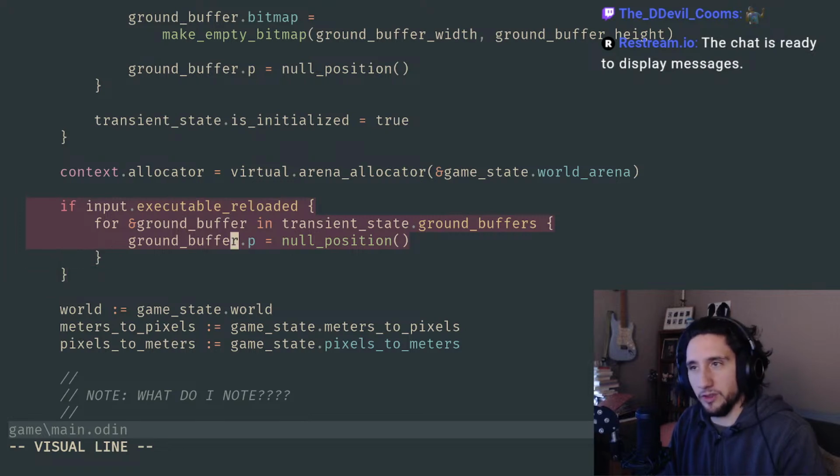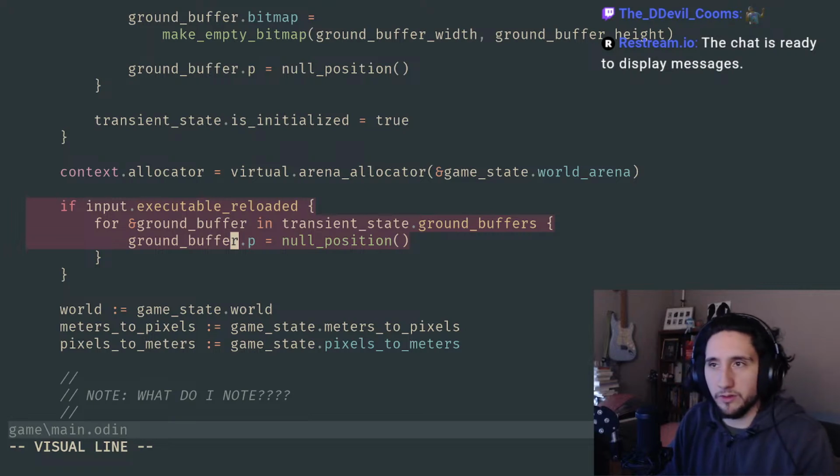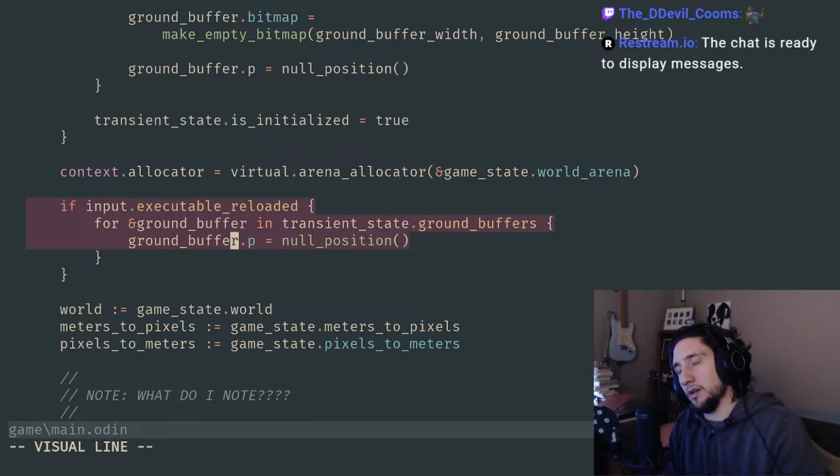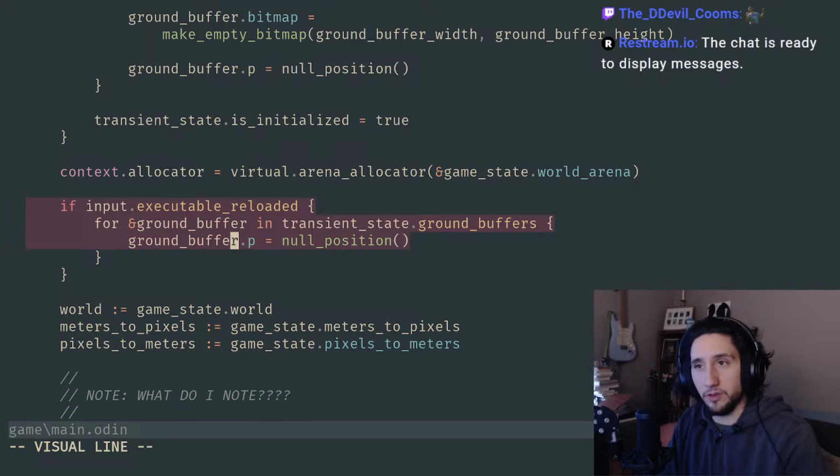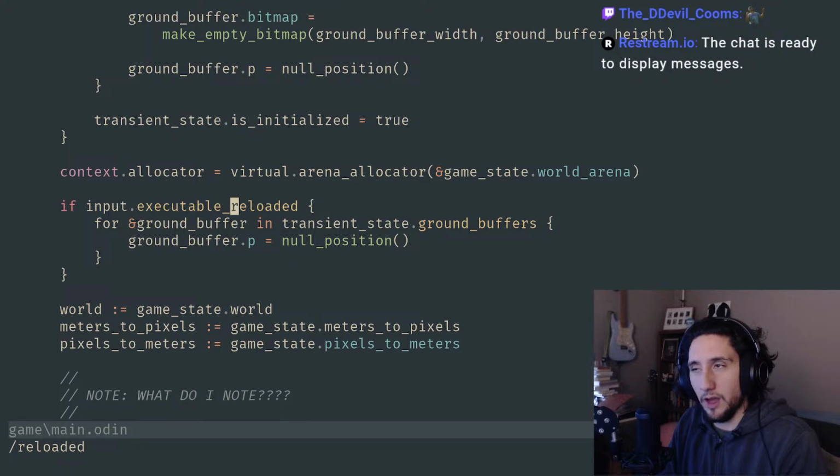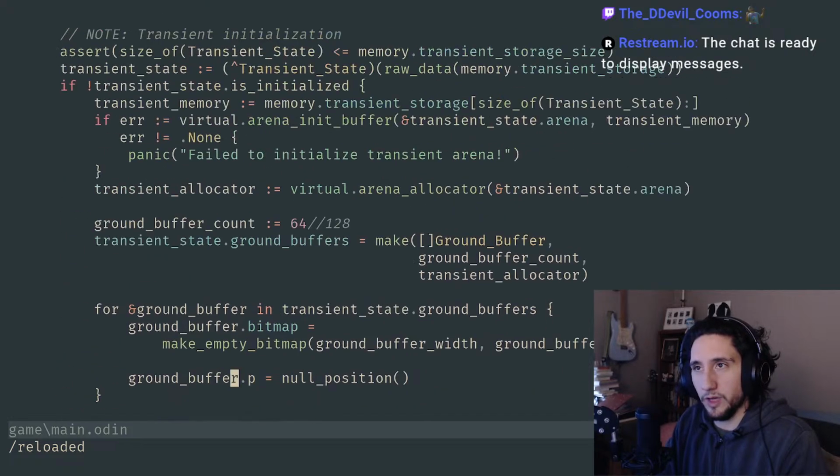And that's what makes it transient, because if the executable reloads, then we want to make sure that we redraw the ground buffers so that if any code change happened to the way ground buffers are being drawn, we want to reflect that when the game DLL is remade. So yeah, I can kind of understand now why that should go in the transient state versus the permanent state,